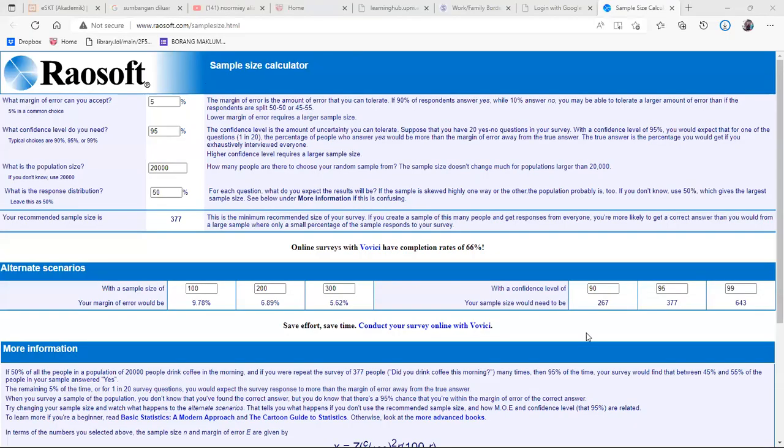Okay, you set the margin of error and the confidence level. You need to know the population size, and you adjust accordingly here. Once you enter it, it will provide you with the recommended sample size. Just plug in the values. For example, here change it to 10,000, and it will come out straight away. This is Raosoft. You all can just plug in the values. It already has the explanation.